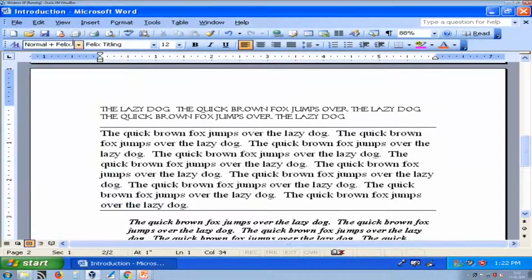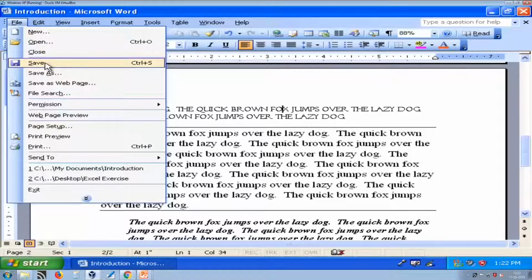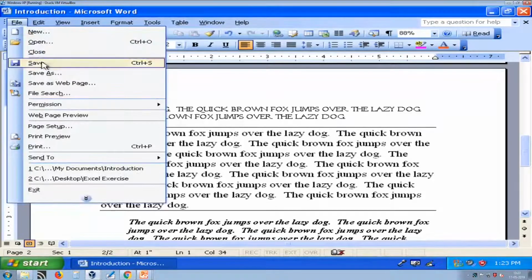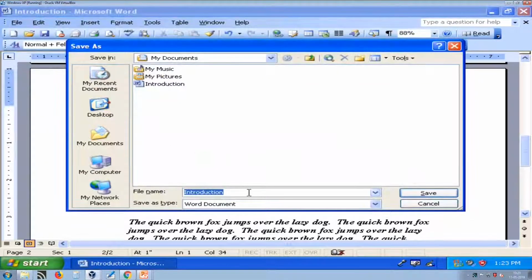Now, you want to create a duplicate file. Suppose I am pressing save. Now, it is no more asking for a file name because it is already saved, but suppose you want to create a duplicate file and want to keep this file as it is, you can use save as. Save as will create a duplicate copy of the file.